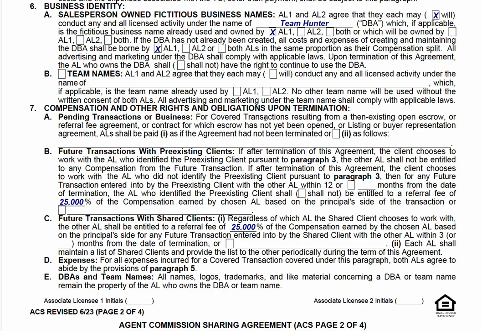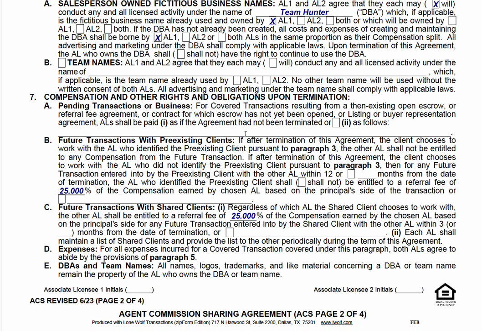Compensation upon termination. This is a big deal. What happens when it ends? So you can just leave this just like this, okay? There's no change that needs to be done down here. But on this one, pre-existing clients, I did say that, hey, should a pre-existing client, so let's read it. The AL, associate licensee, who identified the pre-existing client, shall or shall not be entitled to a referral fee of the compensation earned by the chosen AL, meaning that